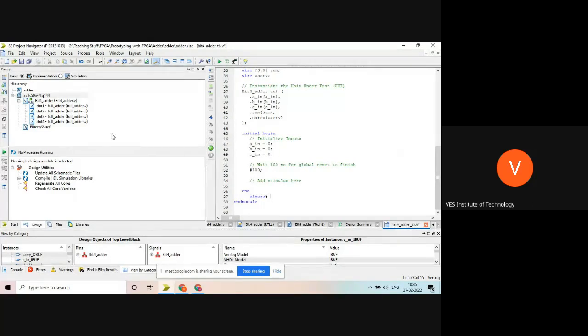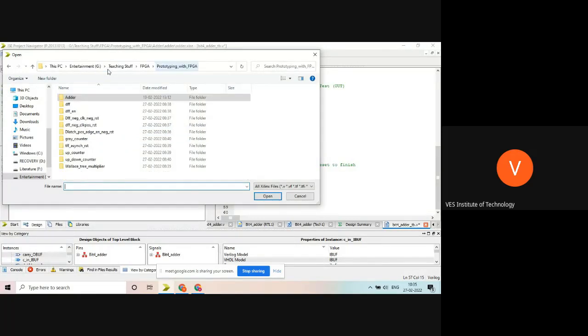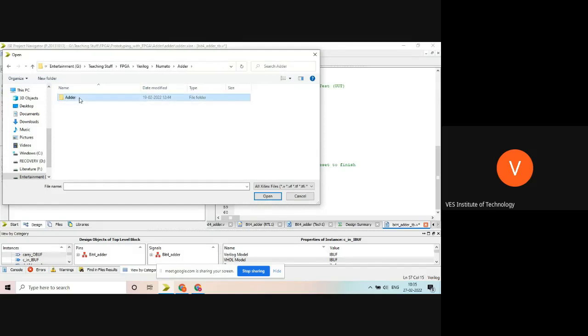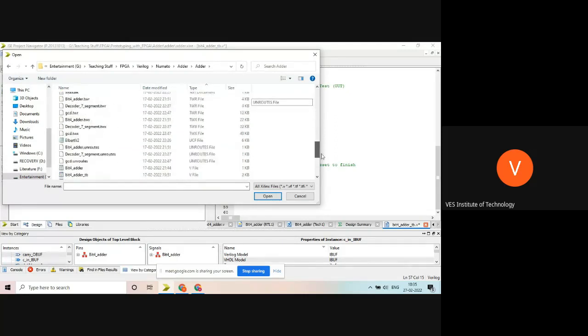You may finish this part. Till then I will copy directly the test bench. I have already written a test bench for my code. I have already written most of the codes. I will share all these codes with all of you.